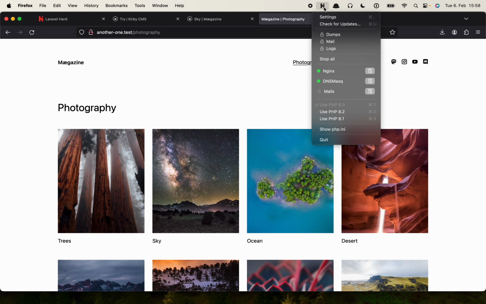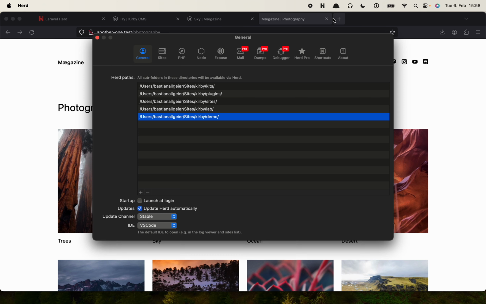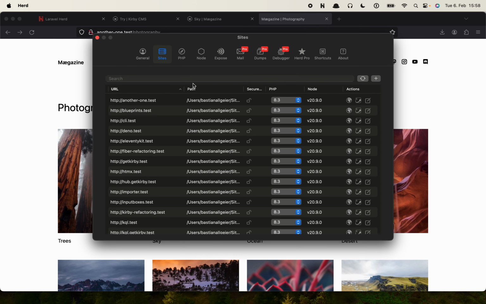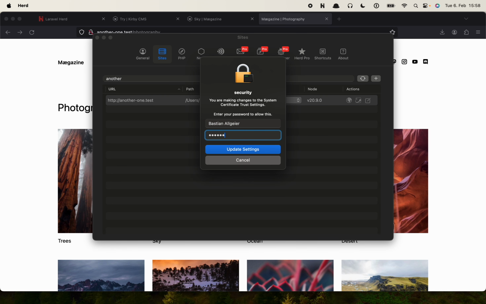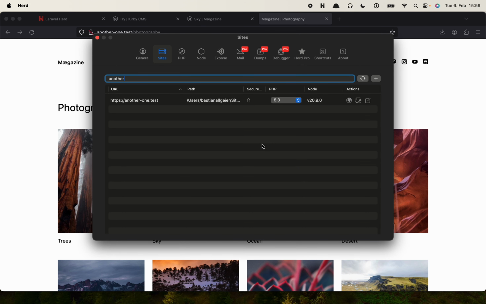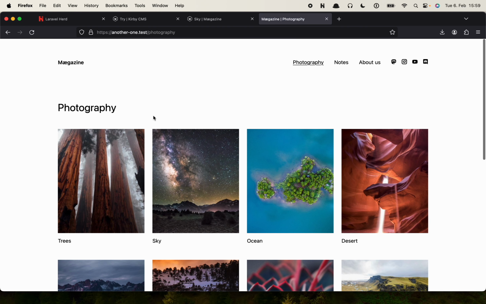So if I go to the Laravel Herd settings here, you can see in the sites tab that it has the sites that I've installed, and you can see that it has the one that I have created new here, the another one, and the first one should be here as well. And now I can have a different PHP version if I want for this, which is super cool. And I can also turn it into an HTTPS site. So I can just simply click on the lock here and type in my password. And now, boom, this is now running on HTTPS. And it's automatically enforcing HTTPS as well, so I don't have to do anything about the server configuration or anything else. It just works,